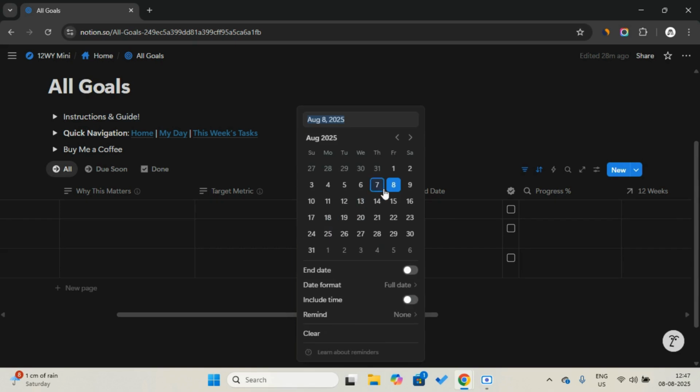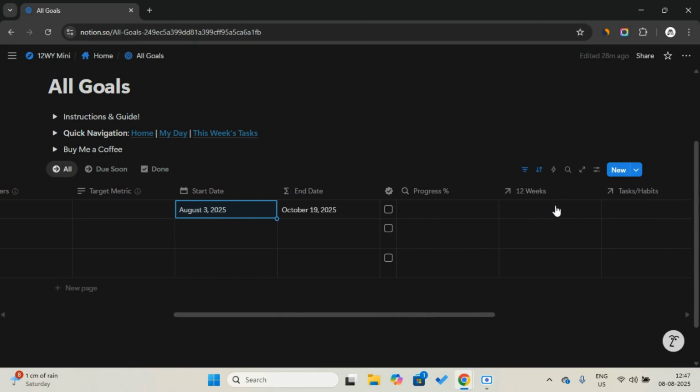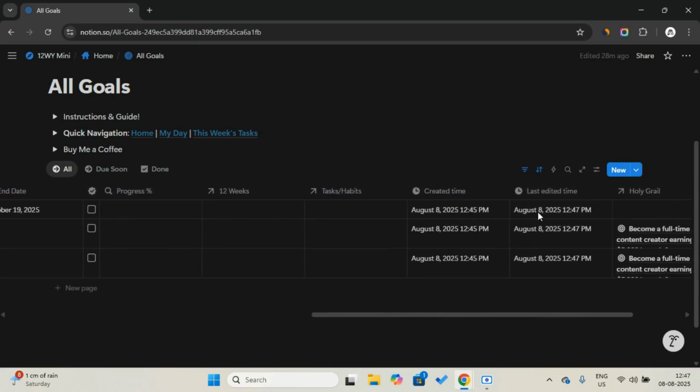I will show you. If we set the start date, it automatically creates a date after 12 weeks. And here you can see the progress, and also the connected 12-week tasks and habits, and the holy grail.